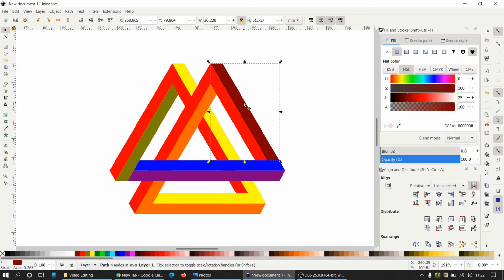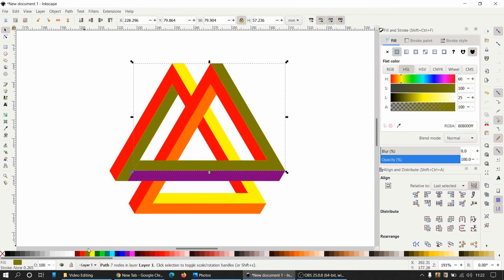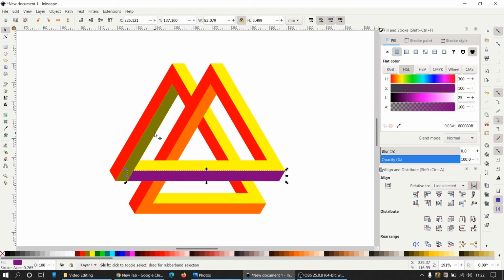Okay, now again select the maroon one and press shift and select the blue one, path, union, we'll change the color to yellow. Now select this one and this olive one, path, union, we'll change the color to this orange, FF6600. Okay, now we are almost done, but what we now see is there is a small issue